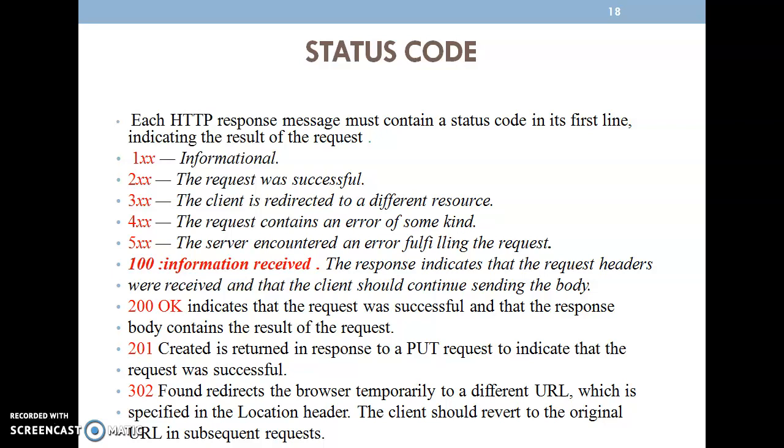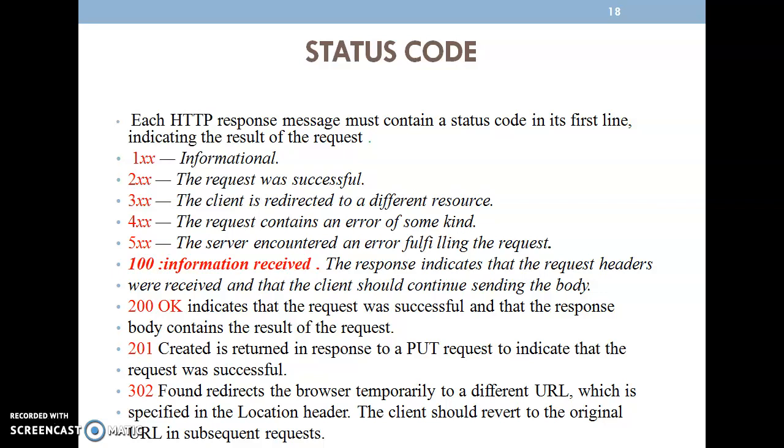Similarly, we get different types of status codes. The first one, starting with 1 followed by XX, covers the 100 series of numbers. It indicates that the information has been obtained from the server, and the client can send a few more requests to obtain the data from the server. That is the first one. 100 means the information is received, as the server sends the response back to the client. So your request has been received, and you can continue with sending the next part of the body.